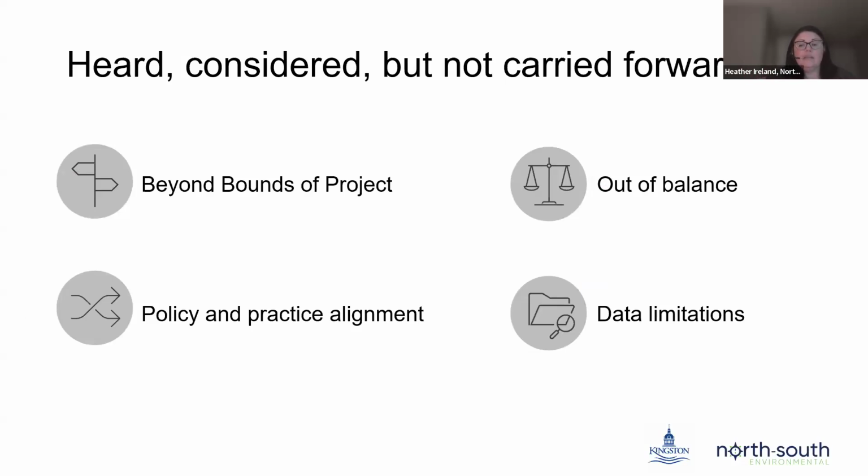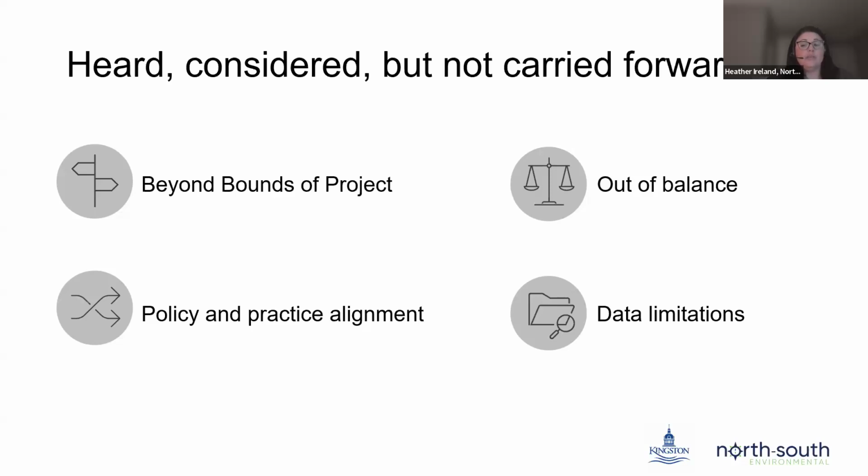So I do want to highlight that there are some comments that were considered, but all could not be implemented. Some comments were outside the project scope. We did receive comments on the city's tree bylaw, park planning, and infrastructure. These comments were referred to other departments or will be addressed through the broader official plan review. Other comments that we received would set the city's responsibility for holistic and balanced planning out of alignment, such as requiring extensive, large mandatory buffers that are not supported by study or restricting all infrastructure across watercourses or wetlands.